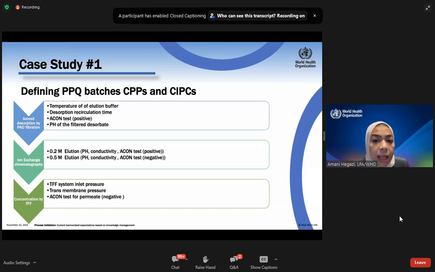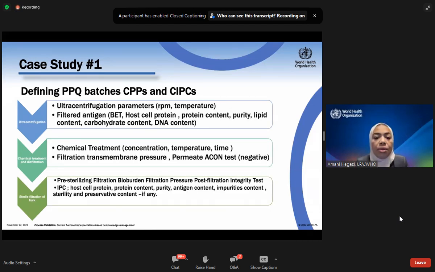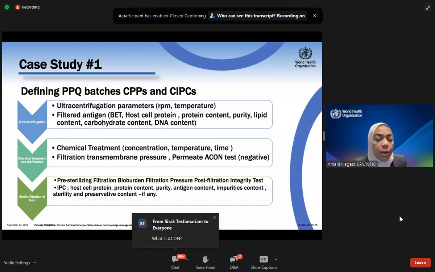And as a filtration system, the pressure is the main critical parameter. So we measure the inlet pressure, we measure the pressure across the membrane, and the in-process test is the antigen test to ensure that there is no loss on the yield. Ultracentrifugation, the parameters, the speed, the temperature, the filtered antigen, including all the intermediate